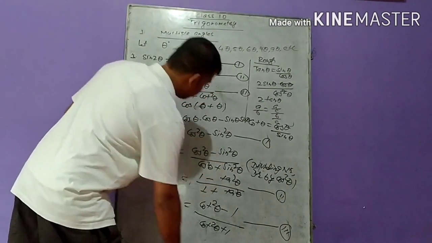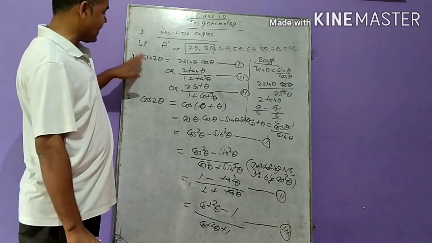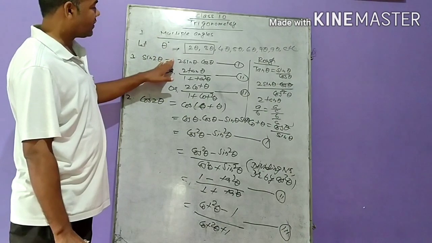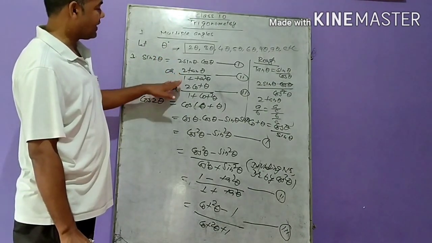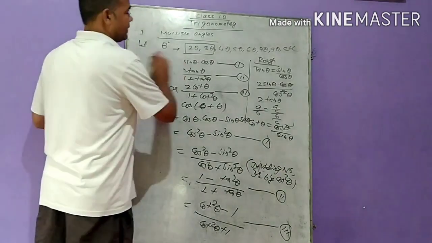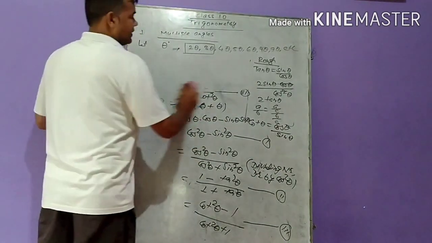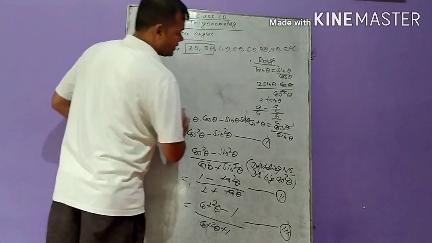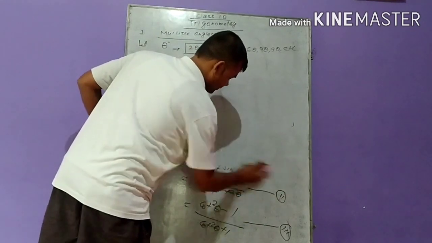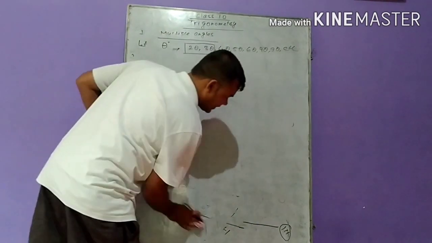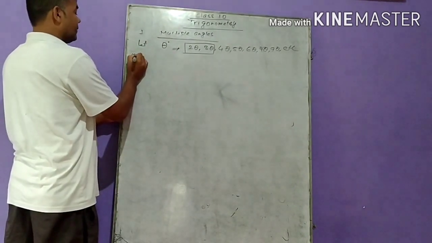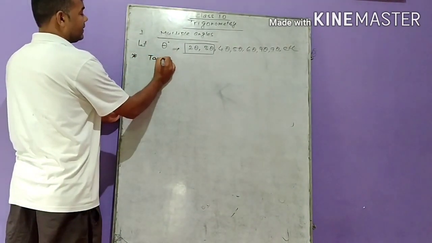Now we have seen that sin 2 theta and cos 2 theta have been transformed in terms of tan and cot as well. In the same way, we can proceed to demonstrate other identities related to tan and cot. So I am going to explain tan 2 theta. So my dear students, I hope you are getting me properly. Here, how can we make identities for tan 2 theta?